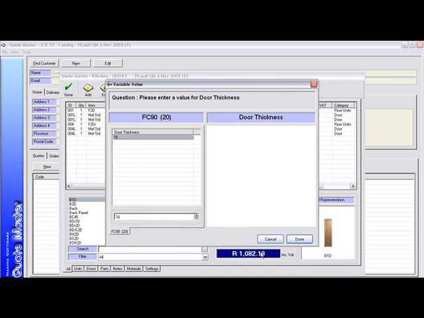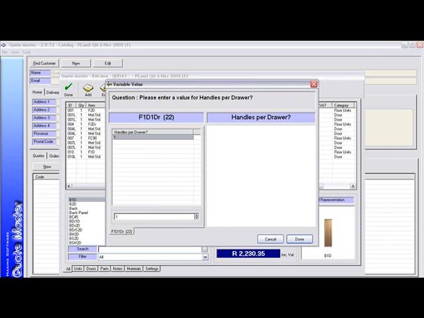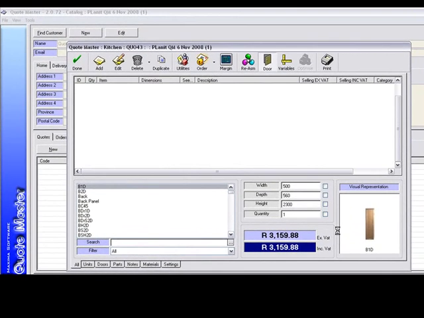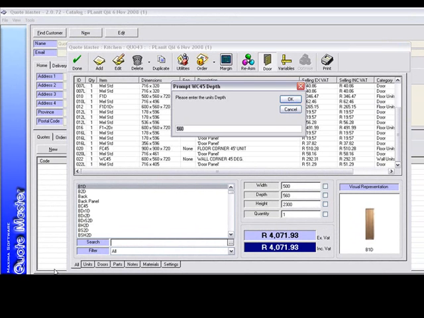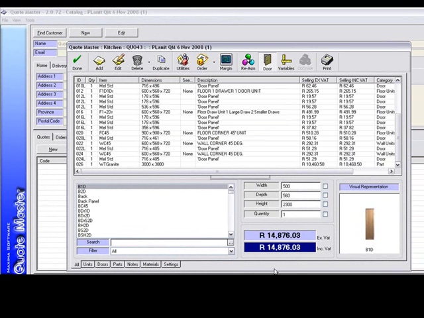You'll notice that it's going to start to cost, and it won't ask you those same questions for each unit that you put in, but it will ask you important questions for each cupboard. And there we have it. We've completed our quote. We've got a price there,